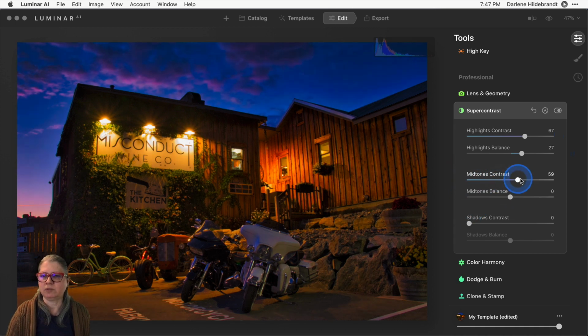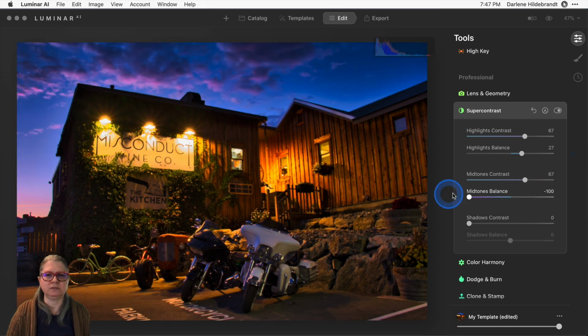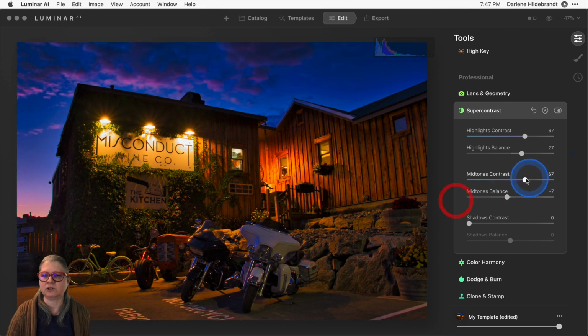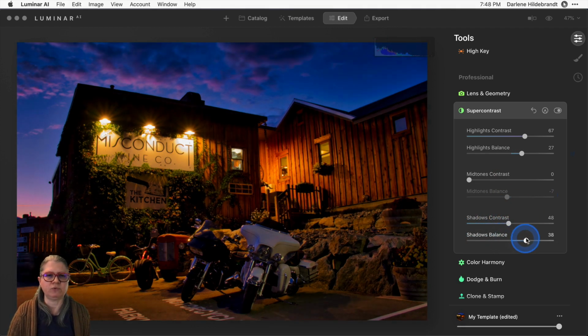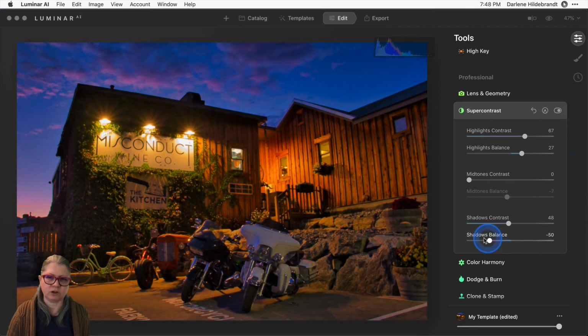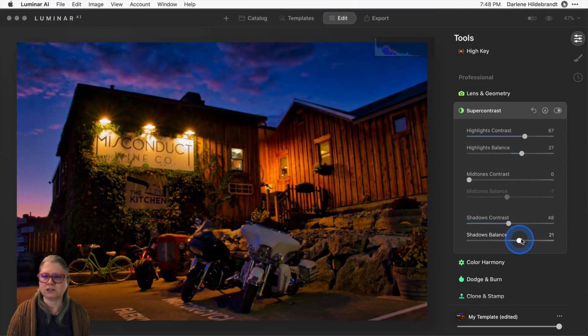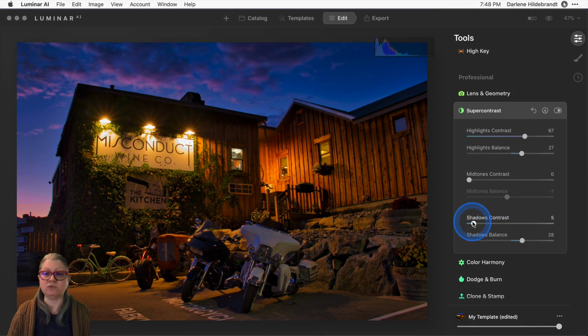Then I'm going to do the same with the midtones contrast. And I've played with this one a little bit, and I didn't really think it was something I needed to use on this image, so I'm going to leave that one at 0. Shadow contrast, okay, same applies here. If we go to the right, we're darkening. If we go to the left, we're lightening. So we've already done a lot of adjustments on the shadows on this image. I don't think I want to add shadows back in because I just removed them, right? Let's see what this is doing. I really want to just work on the highlights in this particular tool.